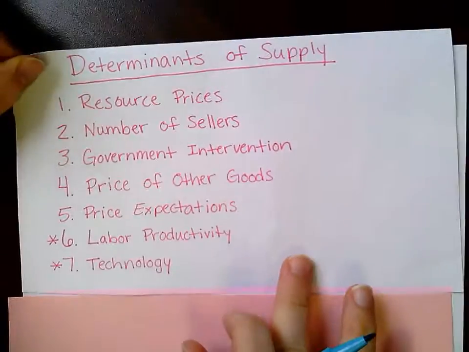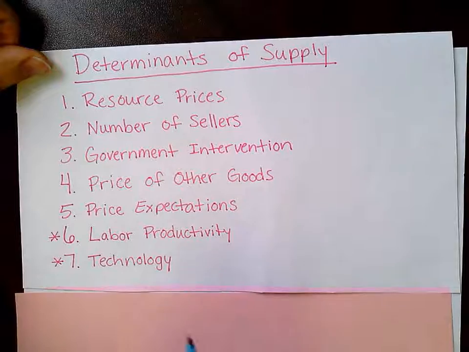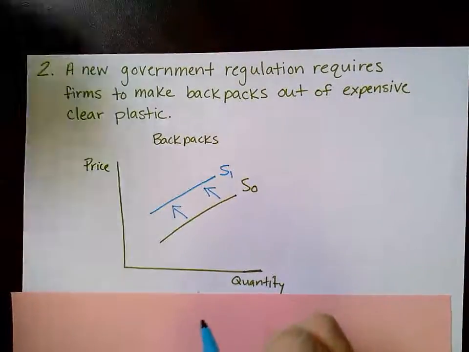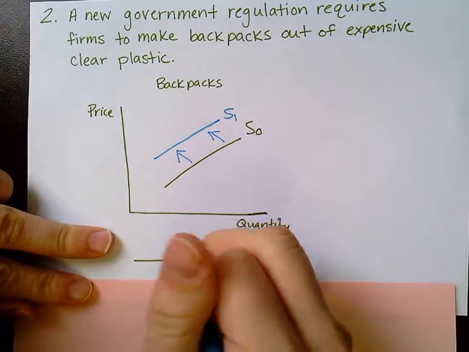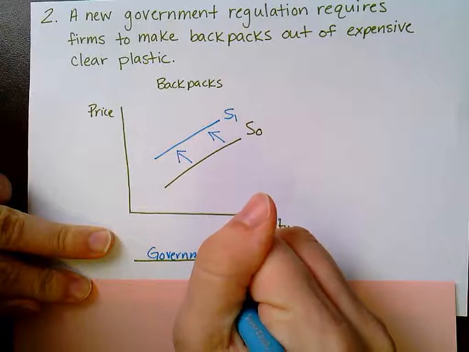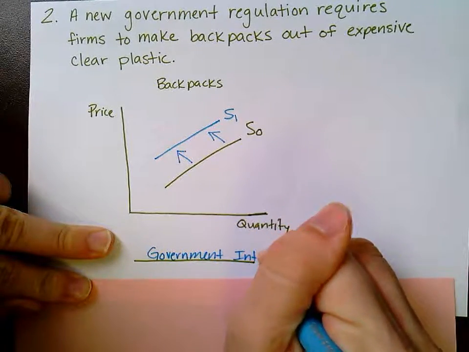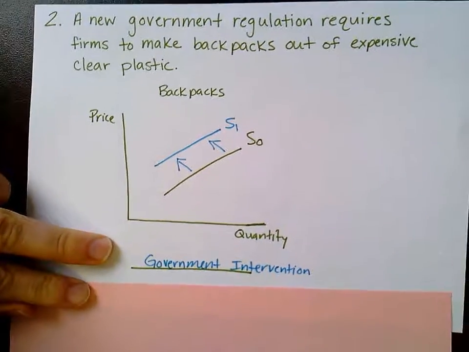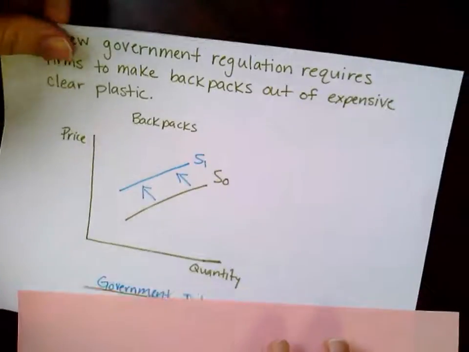And looking back at the determinants, that would be government intervention. It was something the government did. So on the line, you would write government intervention. And then in our last example,